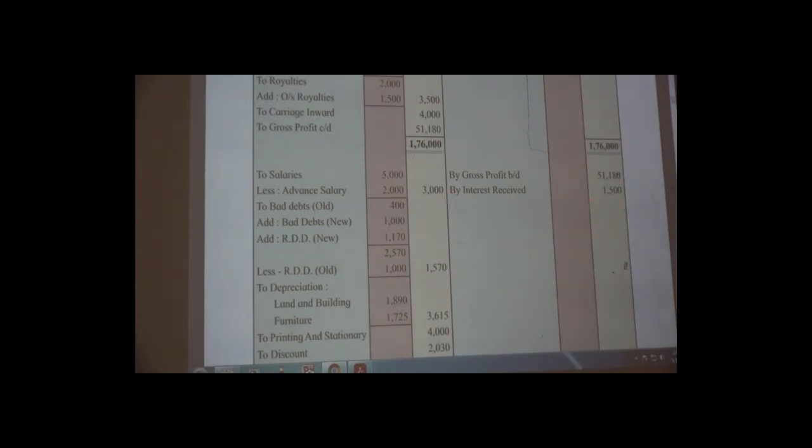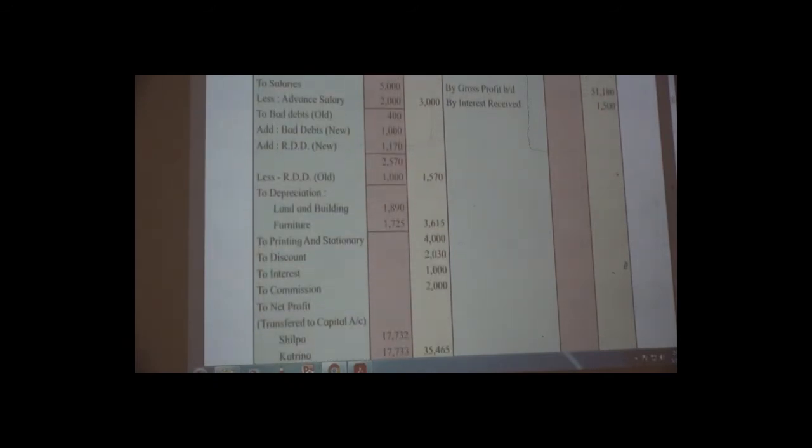Okay. The next item, RDD by rupees 1,000. See, this is the reserve for discount on debtors and this amount is given in the trial balance. That means this is the old RDD, and you remember that always old RDD is deducted from new RDD. So what you will have to do, under the heading of bad debts, just leave 2 to 3 lines and then write there, less RDD old. Why are we leaving 2 to 3 lines? Because there is an adjustment related to new bad debts and further RDD. Let me show that adjustment later.